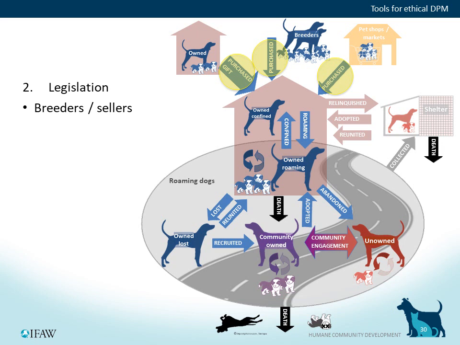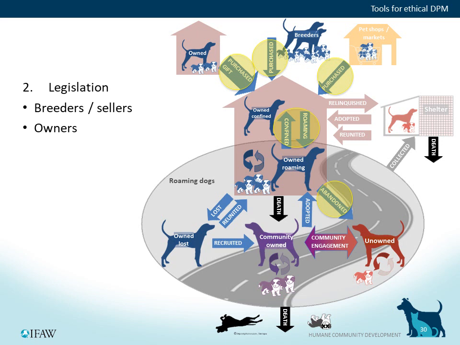The tool of legislation will be targeting different people. Legislation of breeders and sellers impacts on these processes highlighted here. It should aim to encourage responsible breeding practices with dog welfare as a priority. Ideally, this also needs to be agile legislation to keep pace with changes in supply chains and consumer access. For example, consider how many dogs are bought online now compared to just 10 years ago.